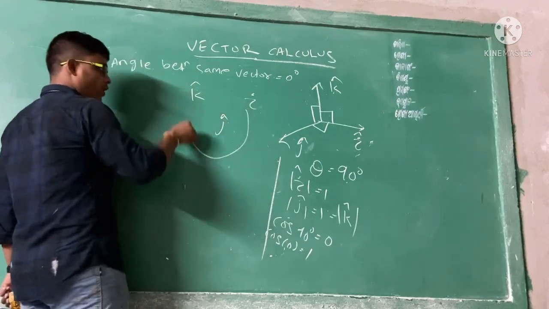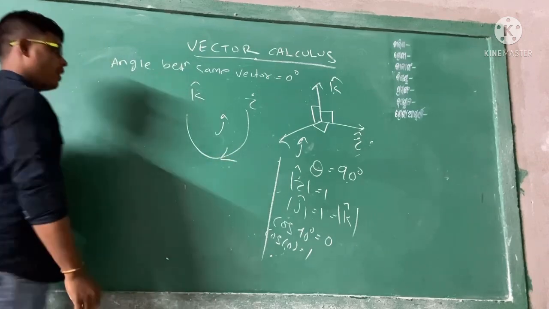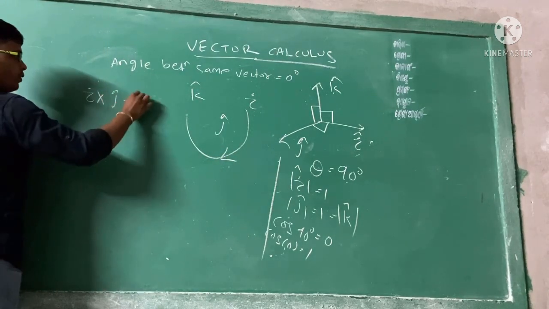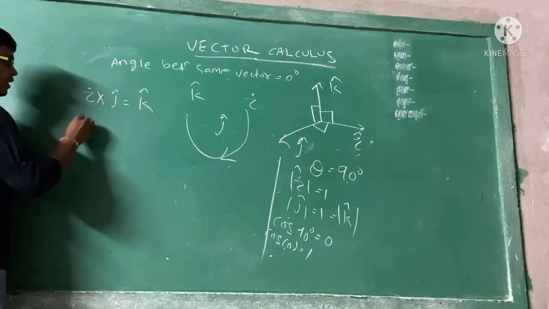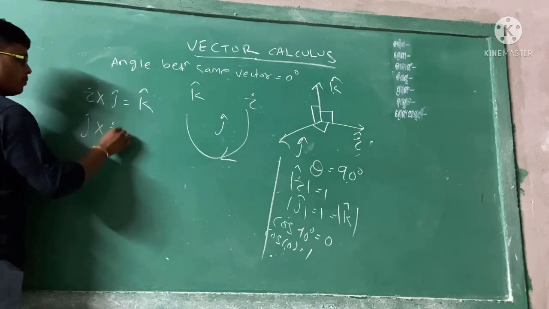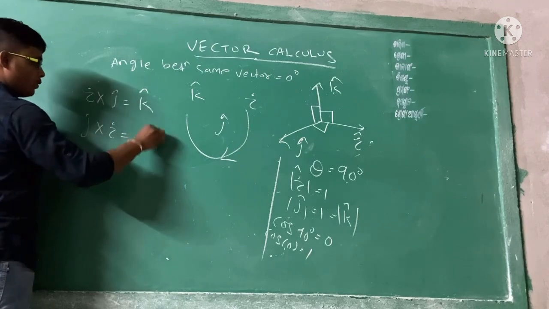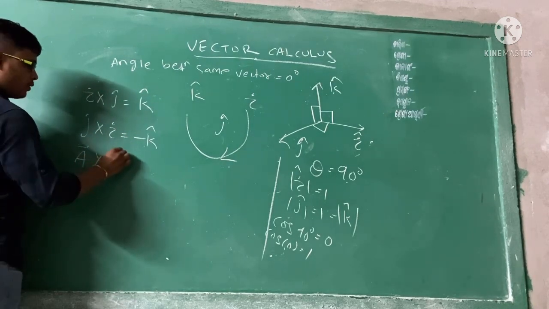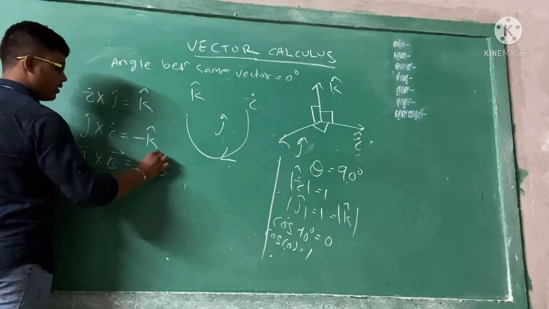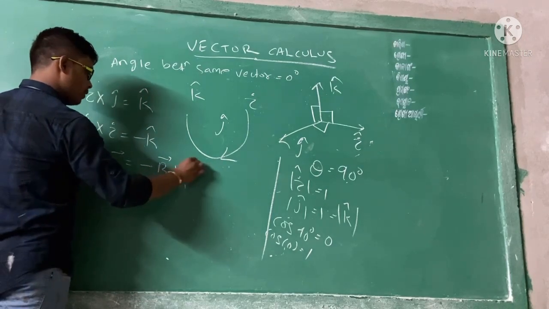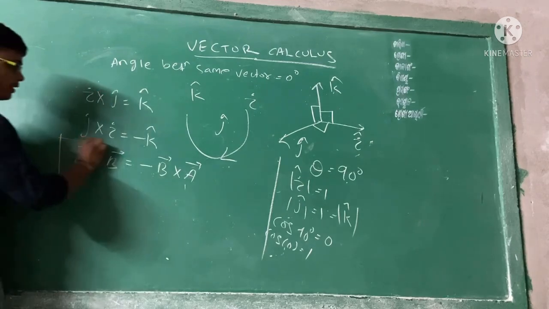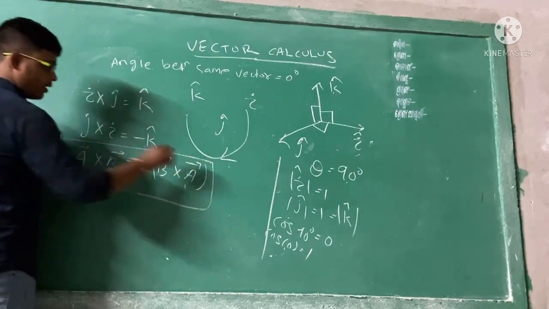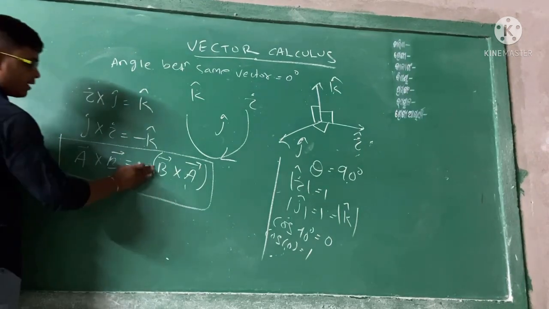So remember the cross product i, j, k is anti-clockwise. Your clock is rotating clockwise. Look at your watch or your clock, that is rotating clockwise. So remember i cross j equals k, in the anti-clockwise direction, not the arrow. i cross j equals k, but j cross i equals minus k, because the formula is a cross b equals minus b cross a.